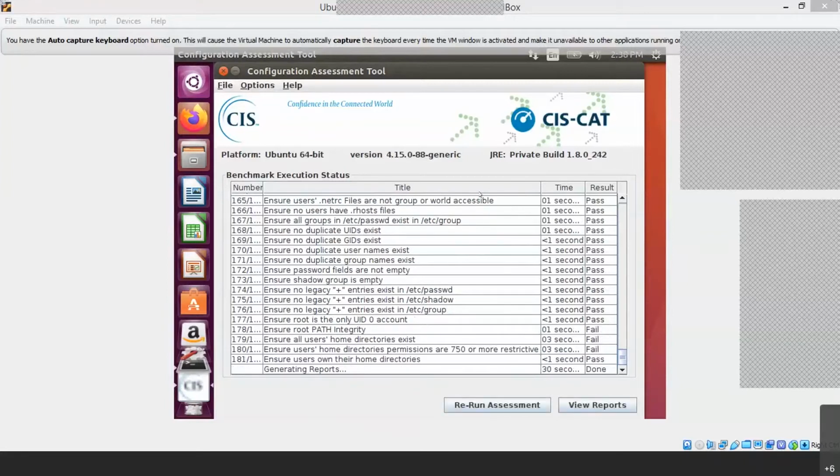So I think 181 checks are done, generating reports. It takes almost 30 seconds to generate the reports. Yeah. So I think we can view the reports. I think it is still generating the reports.